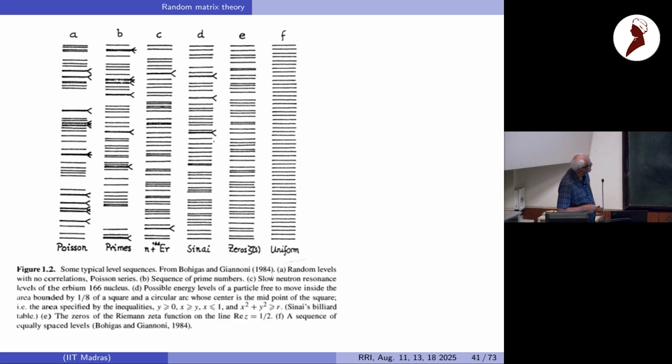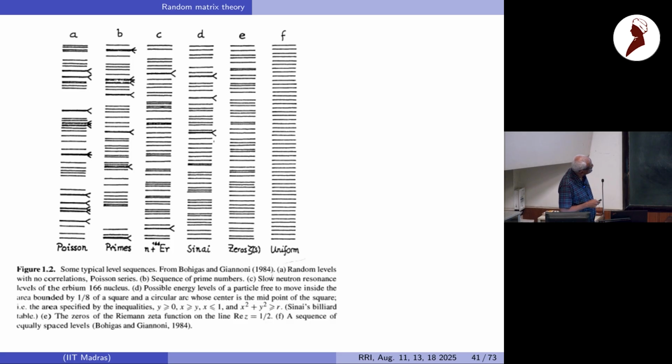Now, if you take the resonances of a large nucleus like erbium and look at the resonance spectrum, you get something like this. In fact, random matrix theory was developed in the 50s by Wigner, Dyson, and Mehta to account for nuclear spectra like this. It was a statistical theory of nuclear spectra, not for quantum chaos. They were thinking about a nucleus as some complicated many body system. They said, we don't know the Hamiltonian, and therefore we look at it as random matrices, and the eigenvalues which follow from that seem to describe actual experimentally obtained resonance spectra.